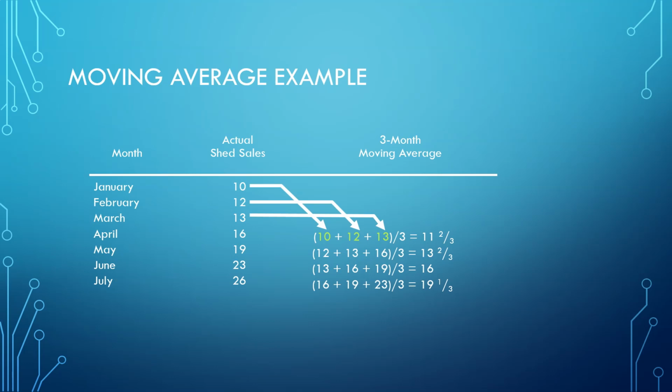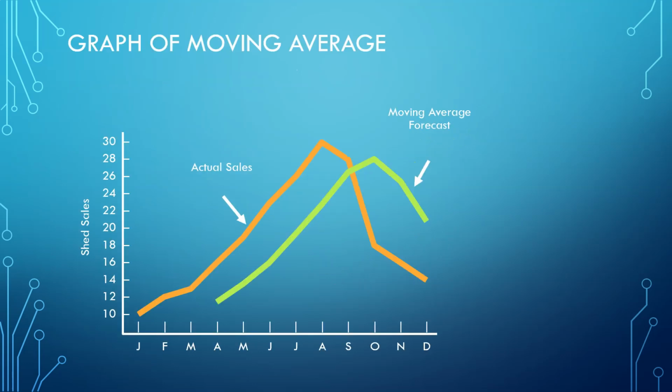Can you forecast the sales for the other months of the year from August to December? Use the same method that we are using here from April to July. Go further and see if you can find or predict the sales from August to December. Consider that as an exercise for you to learn how to do it. Although the moving average approach predicted the trend, it was a little bit off from the actual, as you can see in the graph.